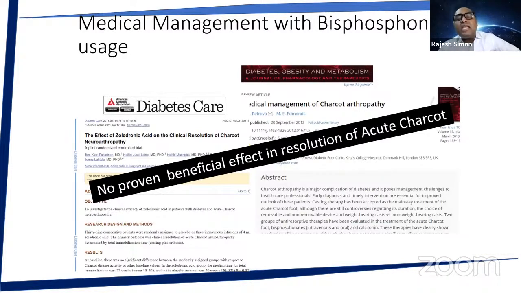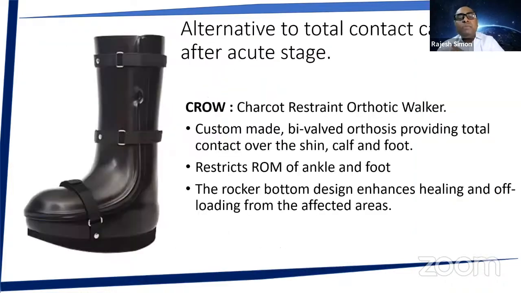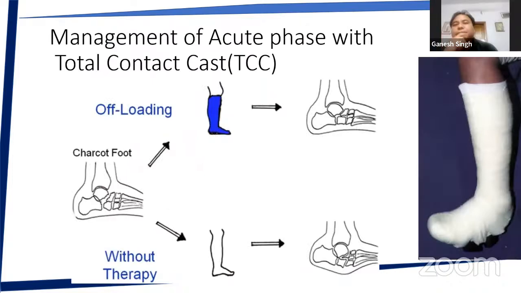We don't have any good medicine yet. There are people who have studied different uses of bisphosphonates, or now we have denosumab, but there is no definitive treatment for it. The treatment in the acute phase is a total contact cast, and here you even immobilize the toes. There is no movement even for the toes, so that the osteoclastic effect is minimized, and from the stage of fragmentation, the consolidation phase comes in. So this is something which we have to treat. This is the place where you can treat the best.